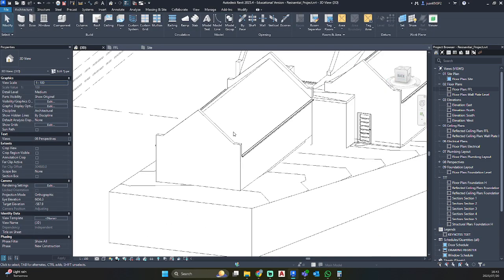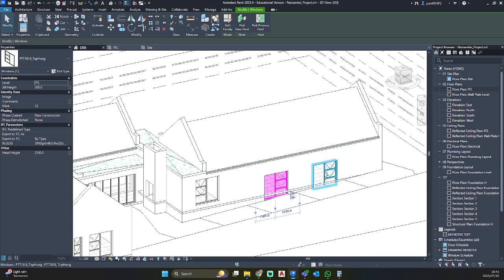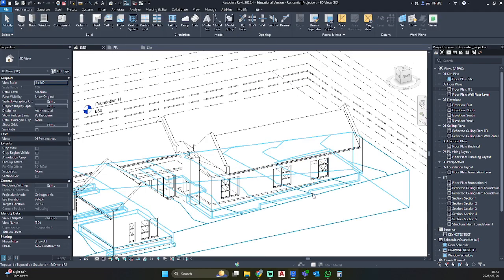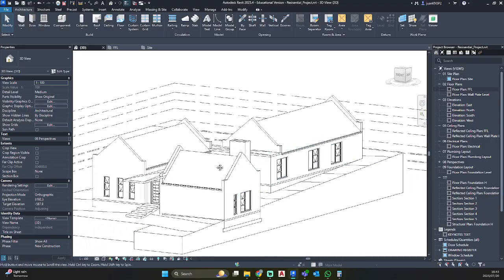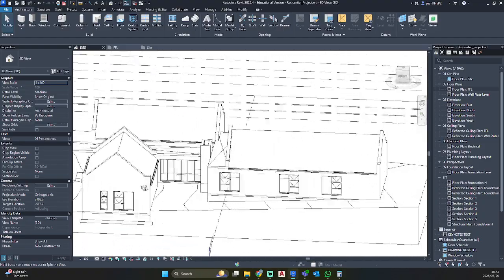You can just hit escape once you are done. These are currently on the wrong level. I want to change that to private space so that it just moves into place. And there we are, almost done with our little house.